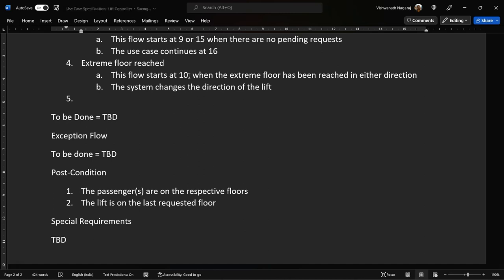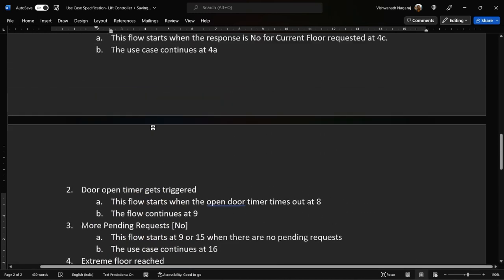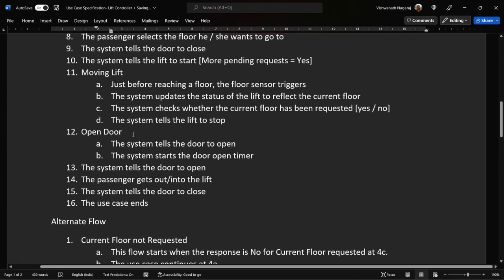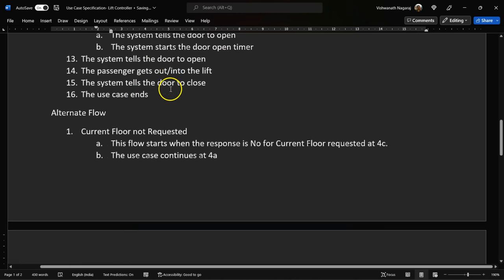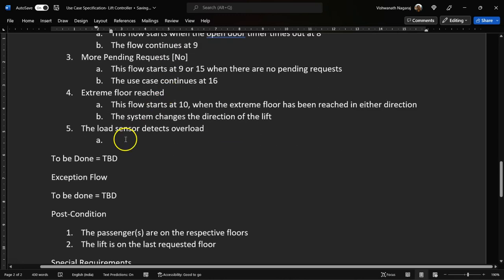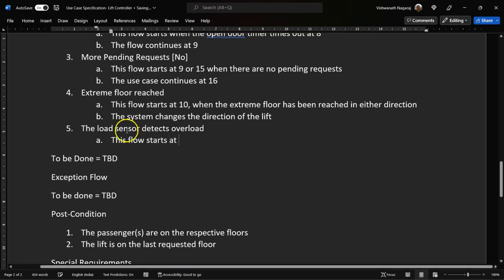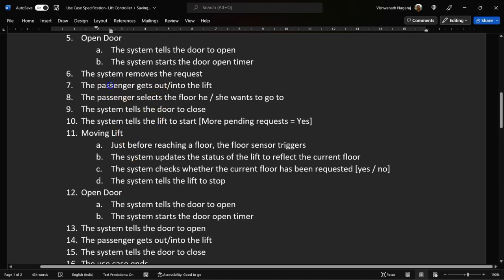Okay, now let's add some more additional features. The load sensor detects overload situation. And in that case, what happens? Again, when will it sense that it is overloaded? When the passengers are moving into or out of the lift, right? Generally moving into the lift. So this flow starts at which points? Wherever the people are getting into. So 7